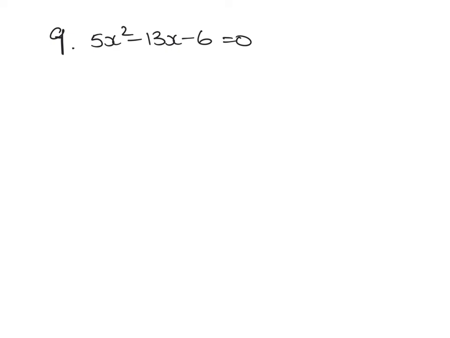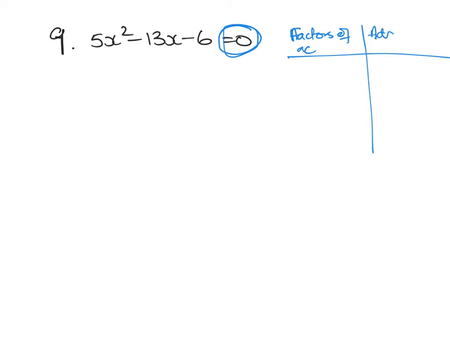Okay, here once again we have an example of yet another quadratic equation that we're trying to solve. So the first thing we do is we check to make sure that the equation is equal to 0. To solve a quadratic equation, the quadratic equation must be equal to 0. So let's go. First thing we have to do is factorize. So we're looking for the factors of AC that add to B. So A by C would give us minus 30, and